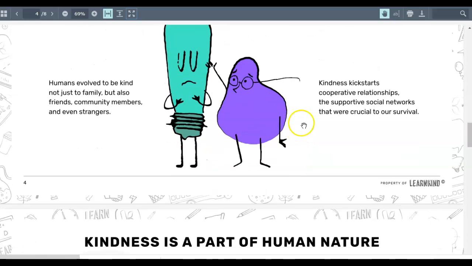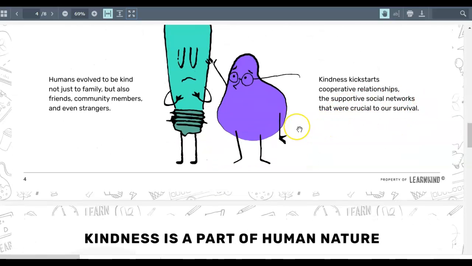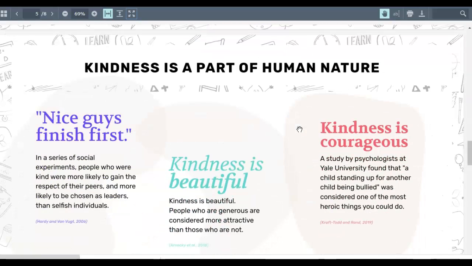And that's a reality that happens. But it's important to survival to have some kind of connections to people. Kindness is also a part of human nature, right? Nice guys finish first. That's a reality in that